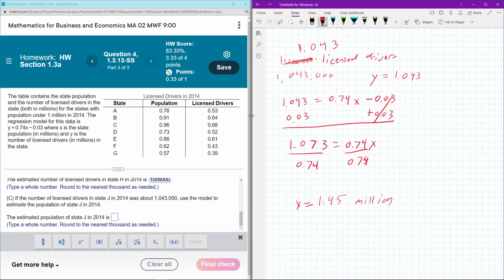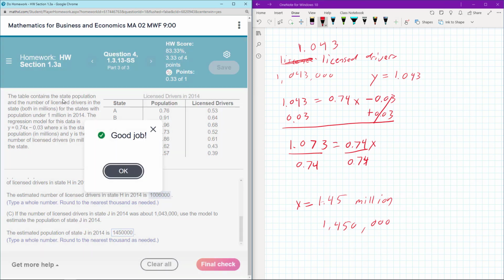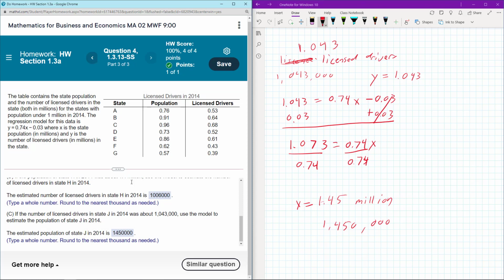Okay, now remember, we want the actual population rounded to the nearest thousandth, so that will be 1,450,000 people. Okay, and now, of course, we don't need to do any rounding because we're already down to the thousandth, so we can just go ahead and put in 1,450,000, and there we are. That is our answer. And that is pretty much the first part of this homework, that is homework 1.3a